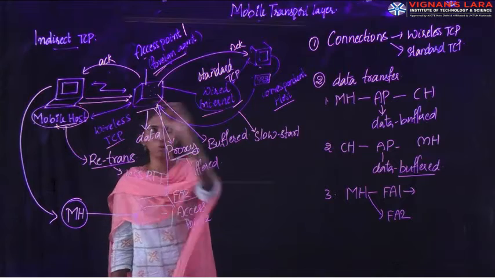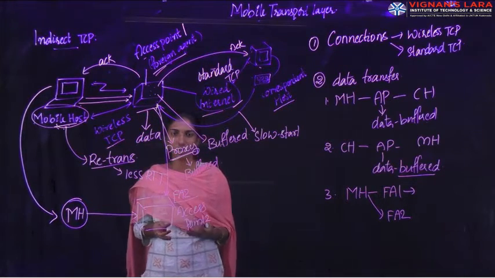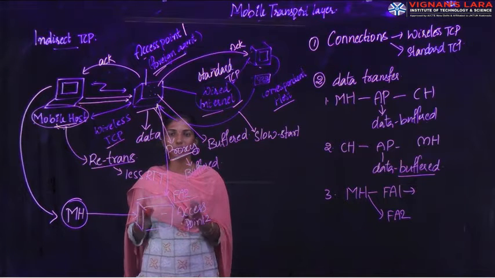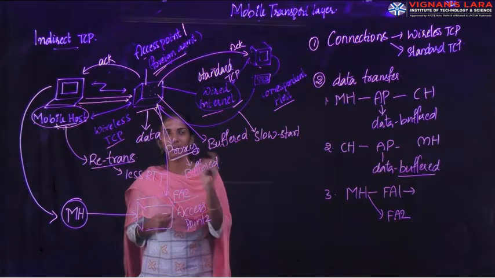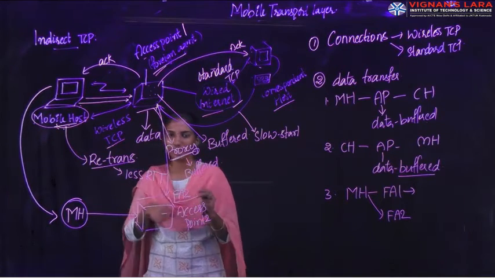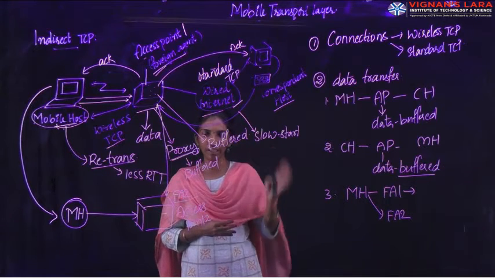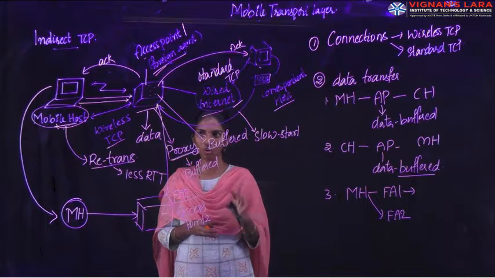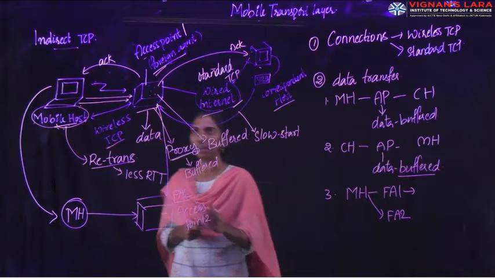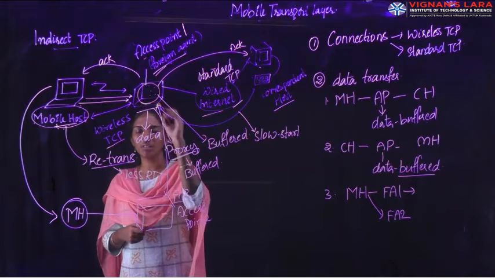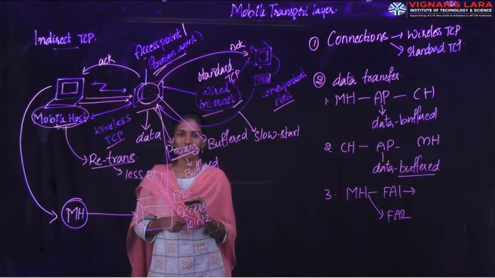No mobile host or correspondent host will activate in this, because the foreign agent has already given acknowledgement that the data has been completely transferred. Then the mobile host and correspondent host think that the data has been successfully transmitted over the network to the destination. So whenever some data is lost in the network, that should be taken care of by the foreign agent only, or else the access point only. So this is a concept that lies in indirect TCP.